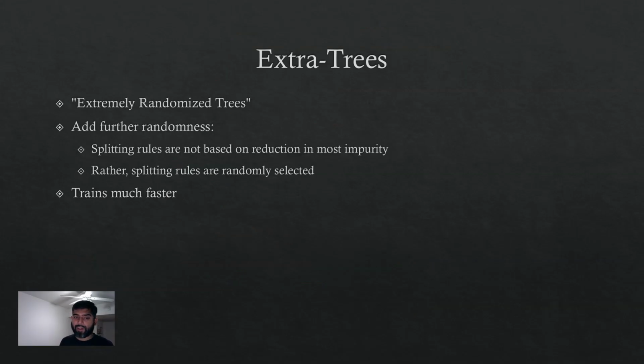There is another concept of extra trees. Randomness makes you stronger. So they introduce a concept of extremely randomized trees to add more randomness, to make the whole mix even more chaotic than a regular random forest. These take the idea even further. Instead of carefully finding the best split in the data, like we do in decision trees, this extra tree, or extremely randomized tree, splits the data at random locations.